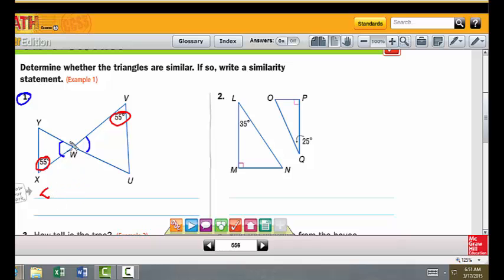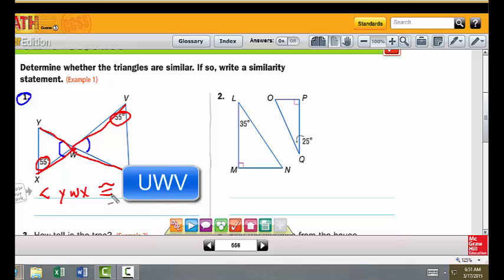First of all, you would have to say that angle YWX is congruent to angle VWU. Also, we could have angle X congruent to angle V. We showed that. And then lastly, therefore, we have triangle YWX is similar to triangle